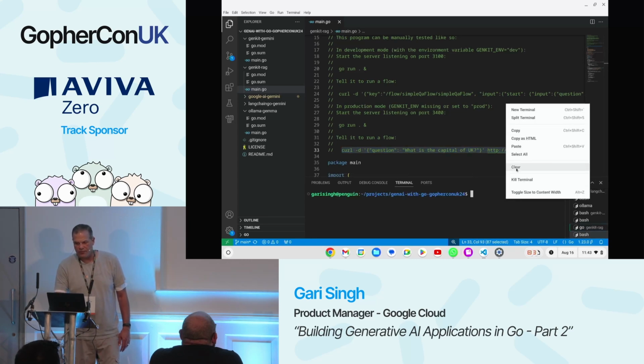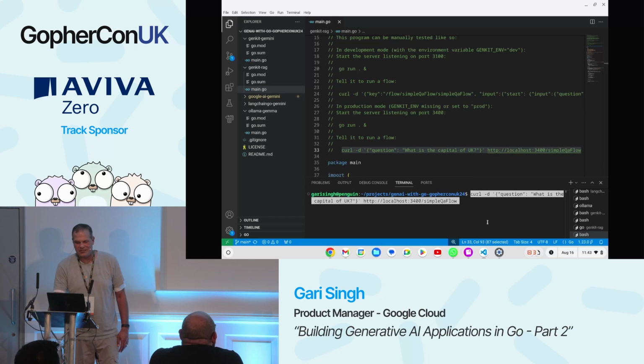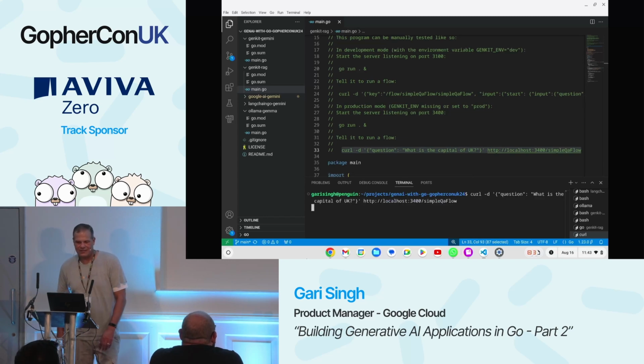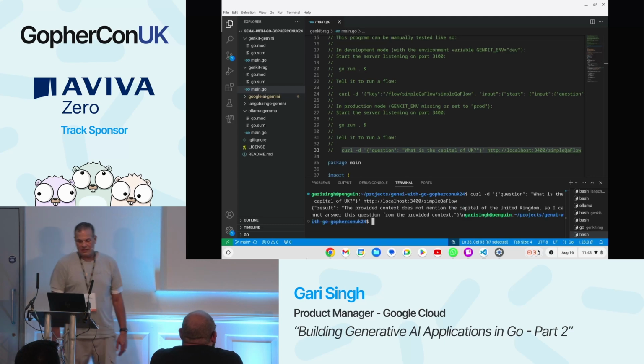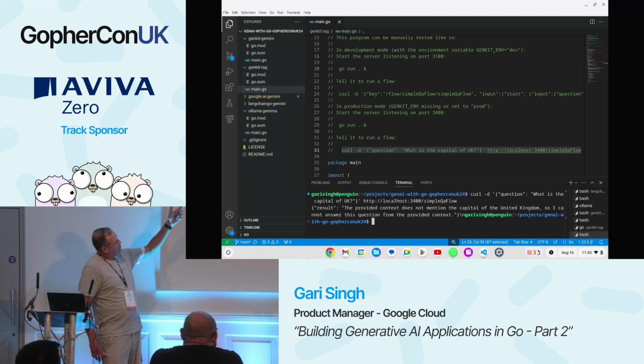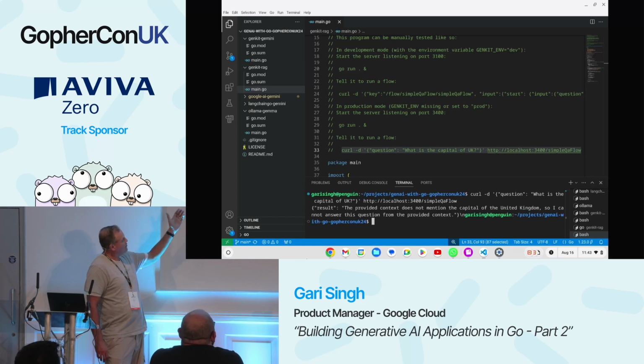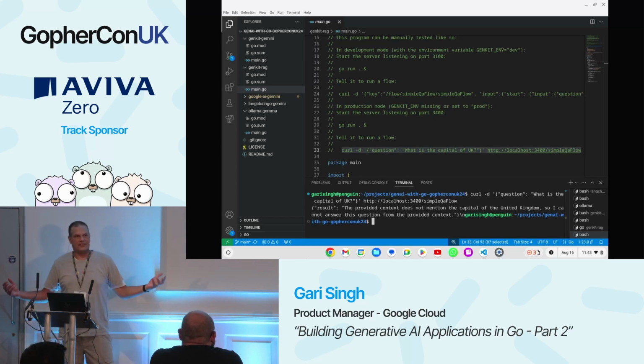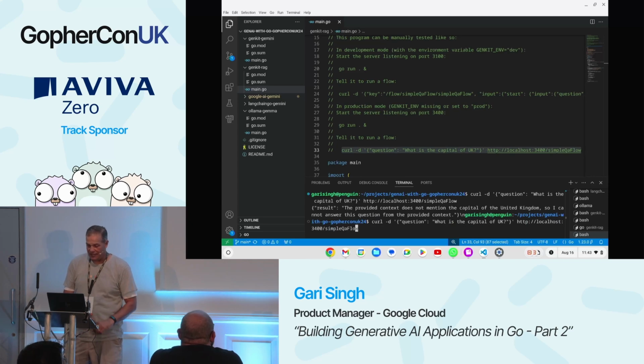So before I run this, what do you think the response should be? Close to nothing. It basically just says that the provided context does not mention the capital of the United Kingdom, so I cannot answer this question from the provided context. So in theory, if we do this,